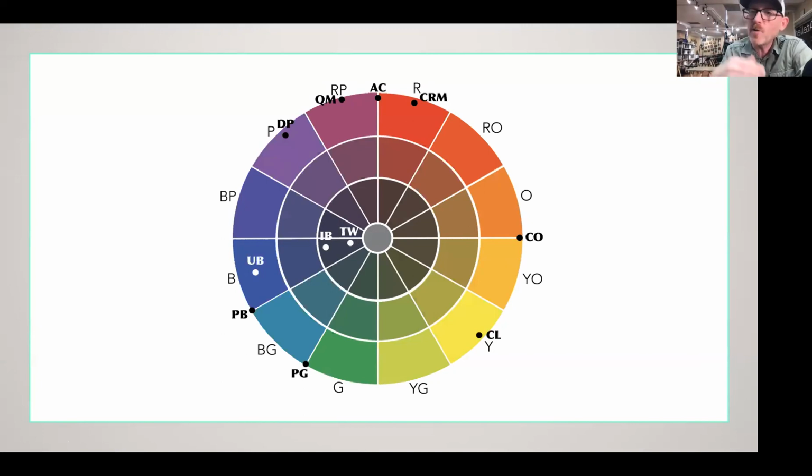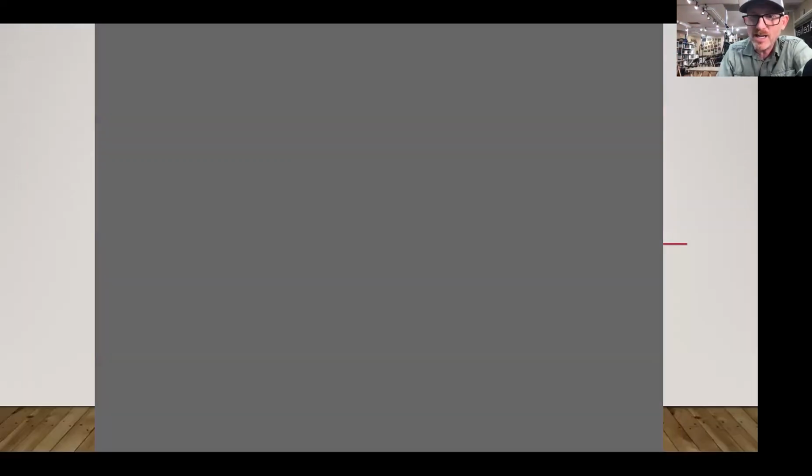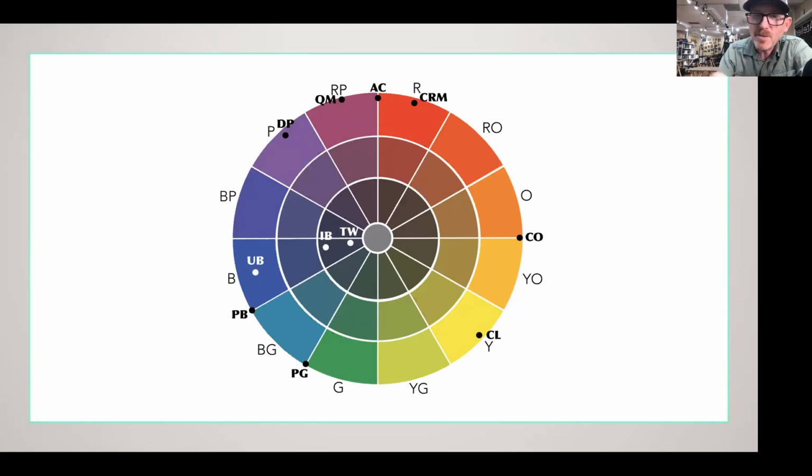What you notice here are the 11 pigments that I recommend students use, plotted as to where they would appear on the color wheel if they were actually observed as a color. If you just slathered a whole wall with it, or an object, like a color like we just did right here, of cadmium red, of alizarin crimson, of phthalo blue, where would it be on the wheel? And what you see is most of these are pegged to the outer edges because they're super intense colors. Those are the colors I like to buy. You'll notice there's no browns here. There's no burnt umber, burnt sienna. There's no yellow ochre.